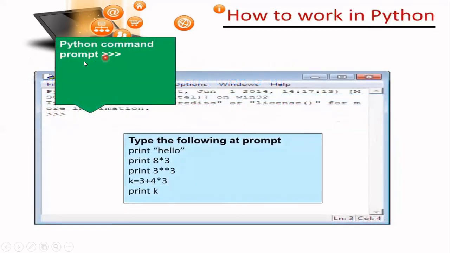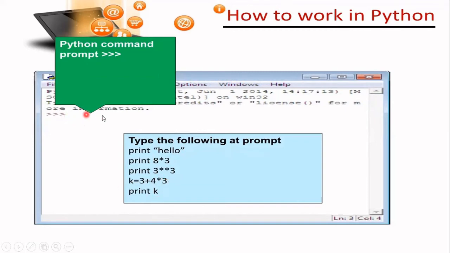This is the Python command prompt. I don't actually know the word for these three right now. Let's just call it prompt. If you type the following at the prompt: print hello in inverted commas, print 8 into 3, print 3 raised to 3, k equals 3 plus 4 multiplied by 3, and then print k.